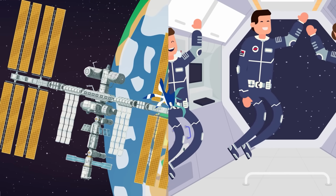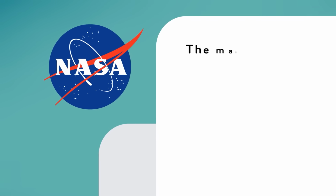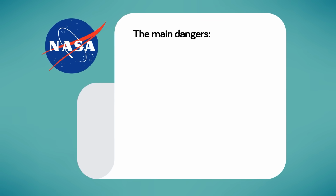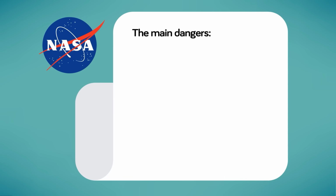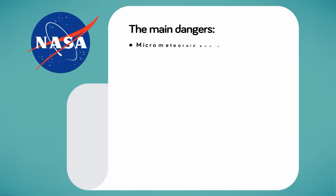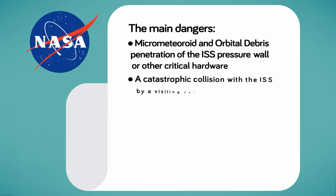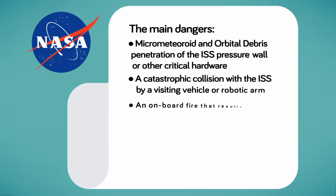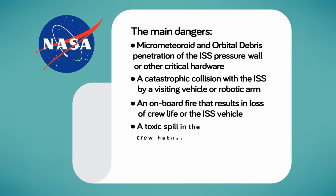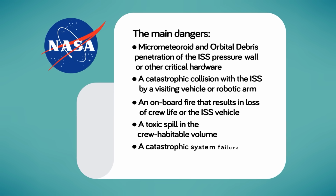Number 6. NASA actually released a lengthy report by an ISS safety task force. We'll be honest with you, some of what we read was a little above our pay scale as non-rocket scientists. Here's what the report said are the main dangers: micrometeoroid and orbital debris penetration of the ISS pressure wall or other critical hardware, a catastrophic collision with the ISS by a visiting vehicle or robotic arm, an onboard fire that results in loss of crew life or the ISS vehicle, a toxic spill in the crew habitable volume, a catastrophic